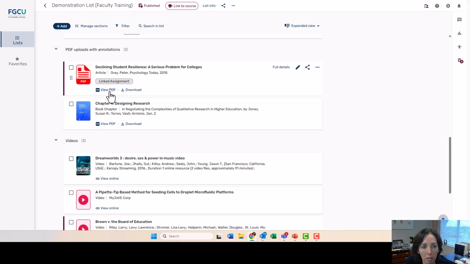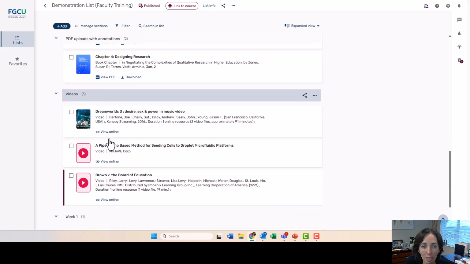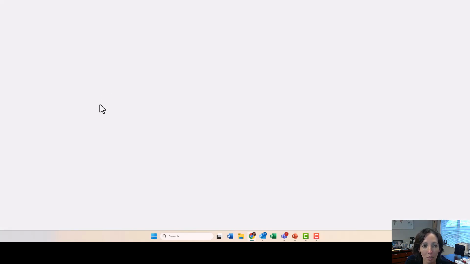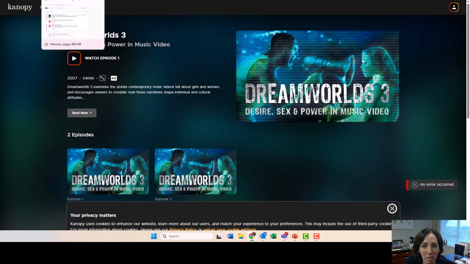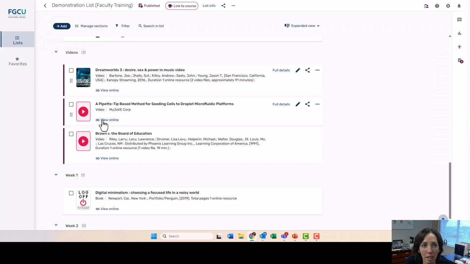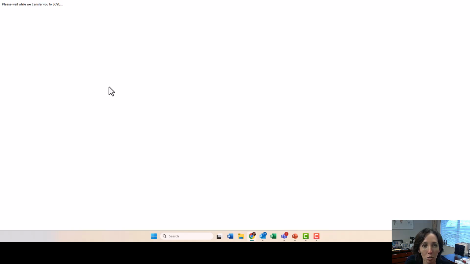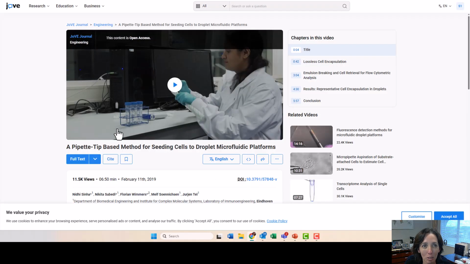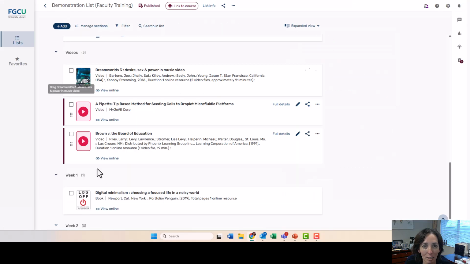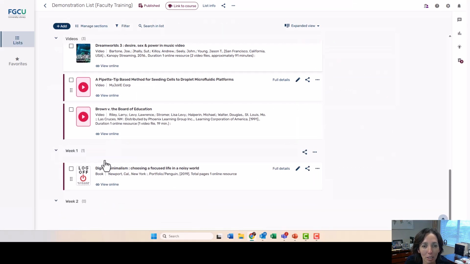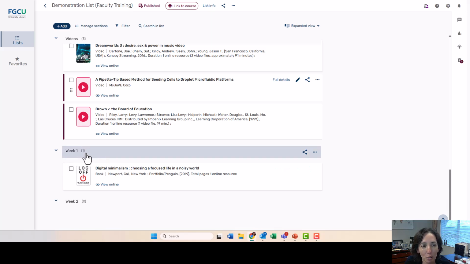PDF uploads. Again, you can actually create assignments in Canvas with those, and you can do annotations, course annotations with those. And then we have streaming videos from the library's collection. You can add into your list. Jove is one we have for some of the laboratory sciences that has lab techniques, so you can add those in there. And then just to show you the